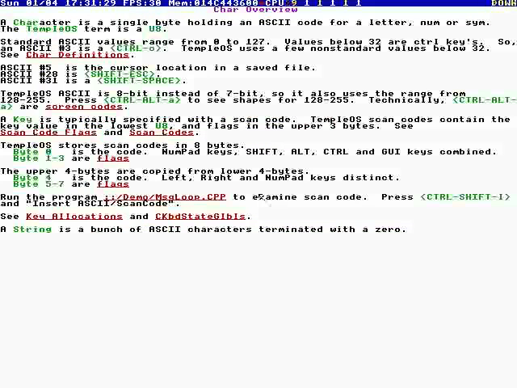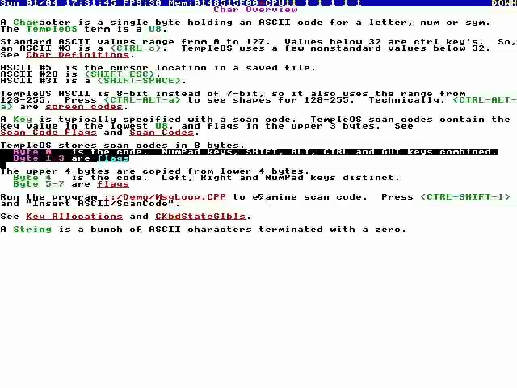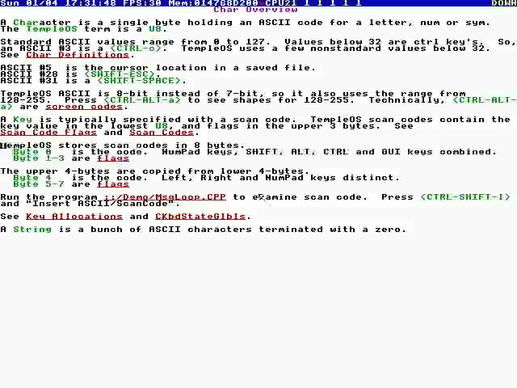Now the scan codes are broken down by byte. Byte 0 is the code, bytes 1 to 3 are the flags, and then byte 4 is the code, and bytes 5 to 7 are the flags. What this means is it repeats. Sometimes you want left shift and right shift distinct. Most of the times you want left shift and right shift the same. And so the low byte has them the same. The upper bytes have them distinct. Anyway, so